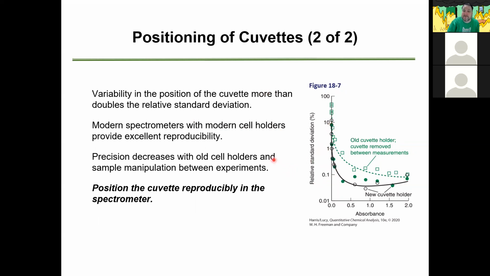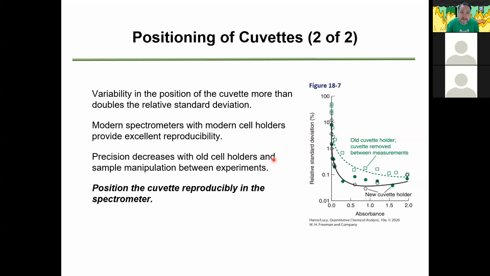The modern spectrometers, modern cell holders are pretty darn reliable. Like the instrument we use, the Cary UV-Vis, the positioning error in that instrument is really, really small. It holds the cuvette in there in a very tight configuration. It's got a little spring that helps keep it pushed up to a particular corner, and so your positioning